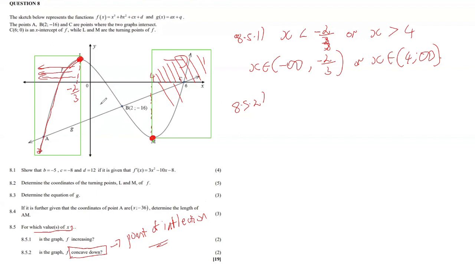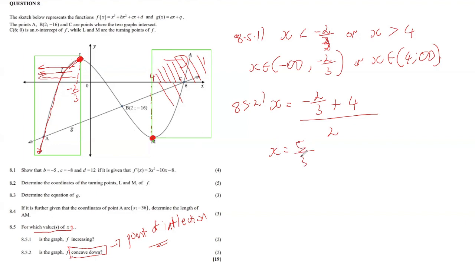So when you take the x coordinates of the stationary points and calculate the midpoint between them, then you have your point of inflection. So you just go x is equal to -2/3 plus 4, and then divide that by 2. So we take the x coordinates of the stationary points, add them together and divide by 2. That's our point of inflection. And then what do we find? We find that our value is x is equal to